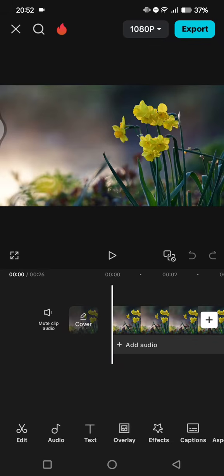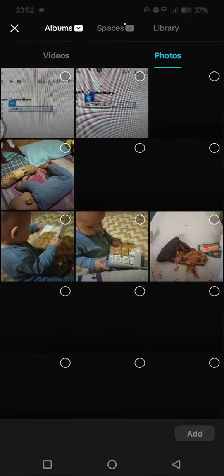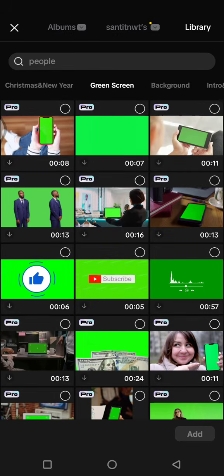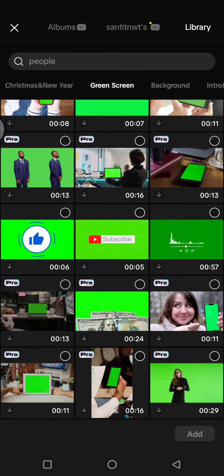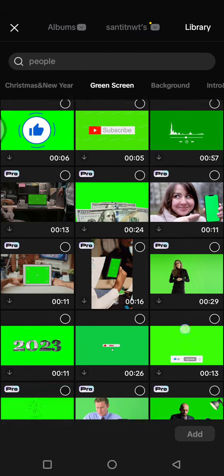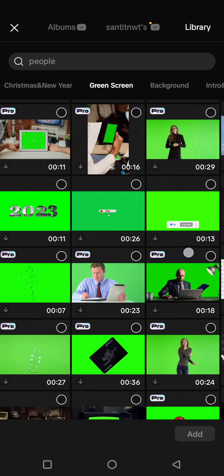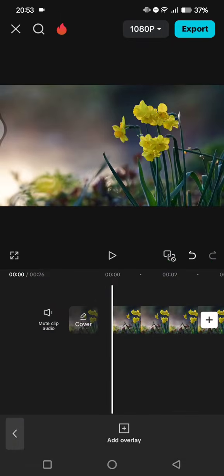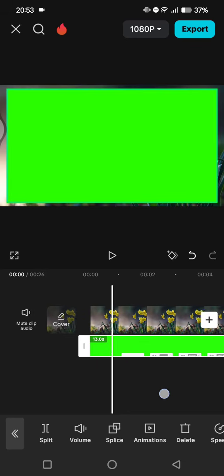So here, what you need to do is just click on the overlay button and then find the green screen effect or videos that you want to add. So here I will just find it on the CapCut library. For example, I'm going to add this. Okay, this green screen right here. You can click on the green screen video that you want to add, and as you guys can see here,